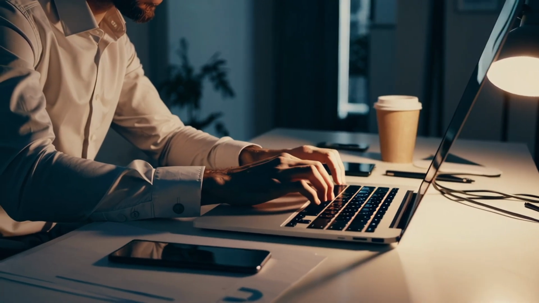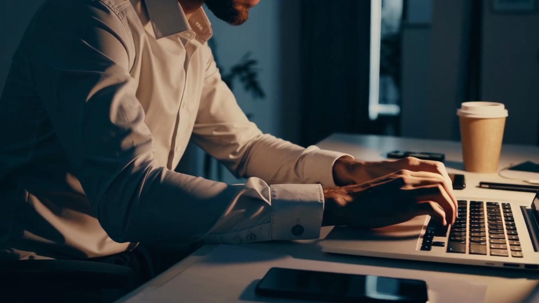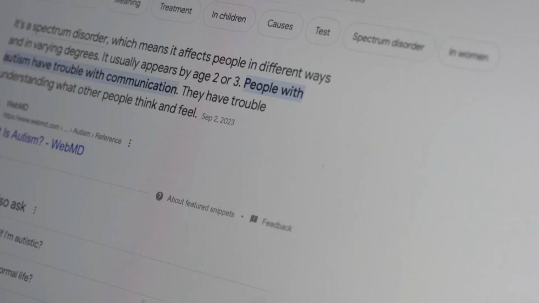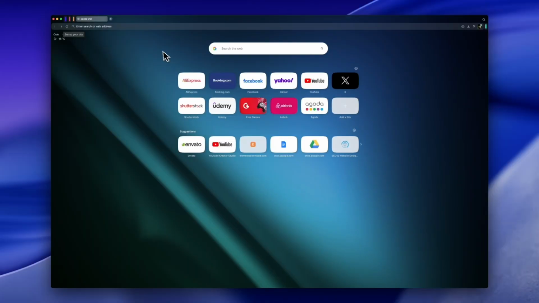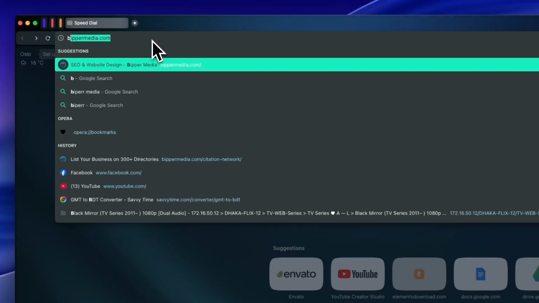If I can get to the 50, 60 plus level, now I'm the business in the market that all of my competitors are trying to figure out how to chase, back to that analogy of a race. So that's what the domain rating is, and that's why it's super important for your business.